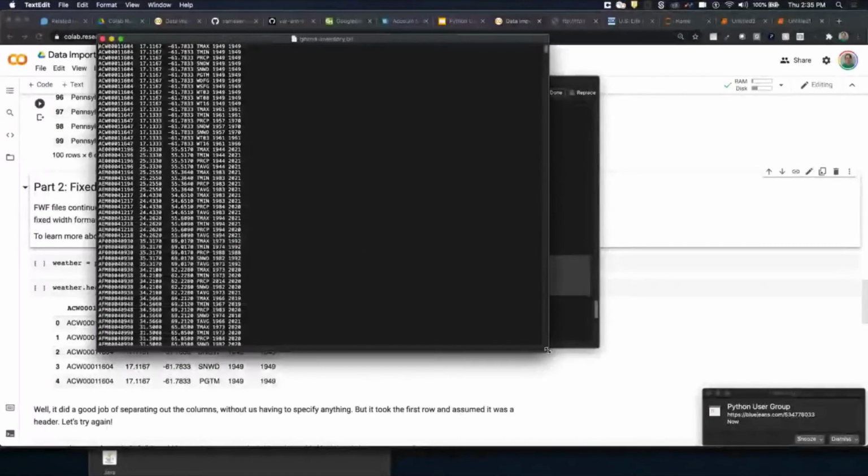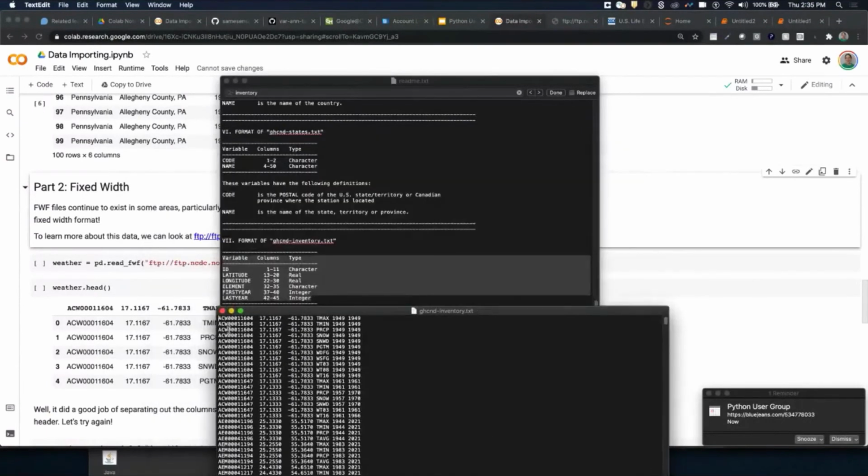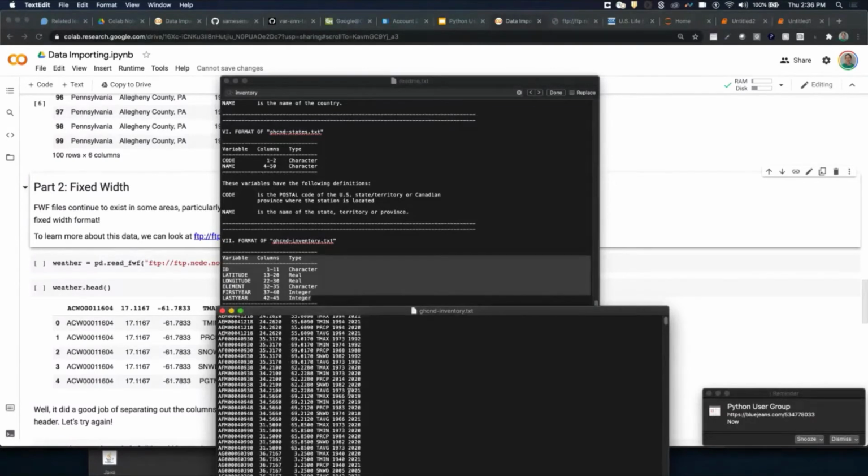I will show you what this inventory itself looks like. So this is the inventory. There is no header row. So to get any sort of metadata or understanding what these columns are, I have to go back here and say, oh, right. The first column here is ID, and then there's latitude, so latitude 17 point something, longitude negative 61, element T max, that's probably temperature max, temperature min, precipitation, snow, et cetera, and what's the first year and the last year that this data was collected.